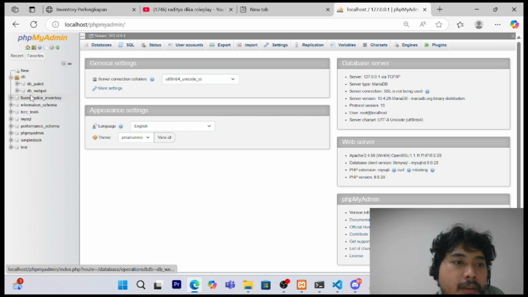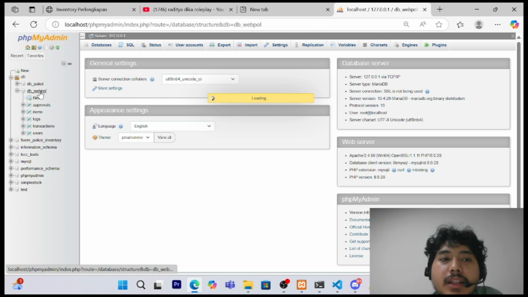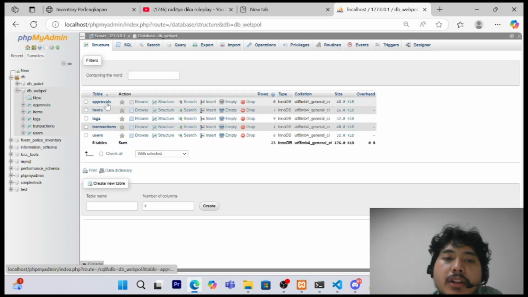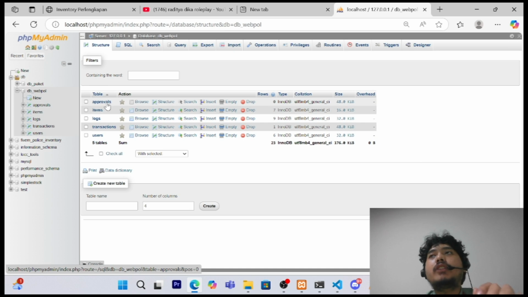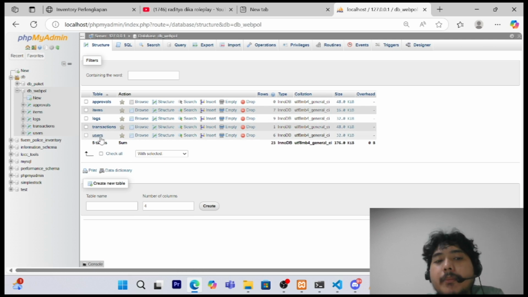This one, DBWebPol. Okay, this is the structure of my database. We will have an approval system. So the next feature is, if you want to take some weapon that needs approval, it will need approval, and this is the database. But I haven't made it yet. And we have item, log, transaction, and user.